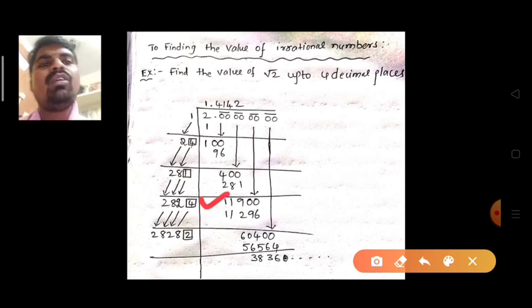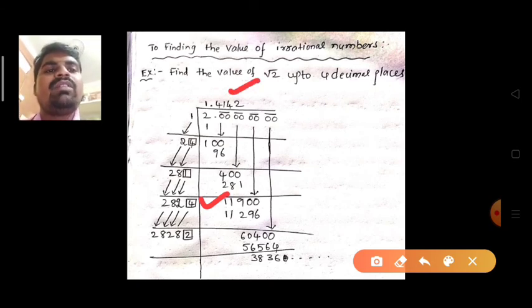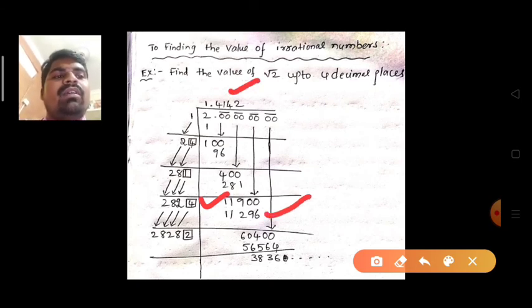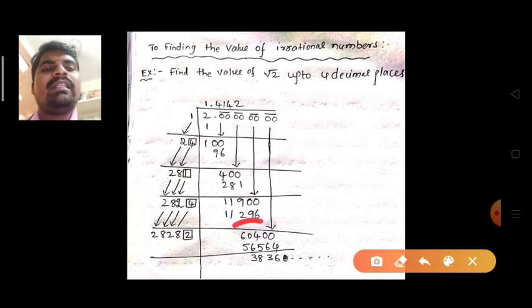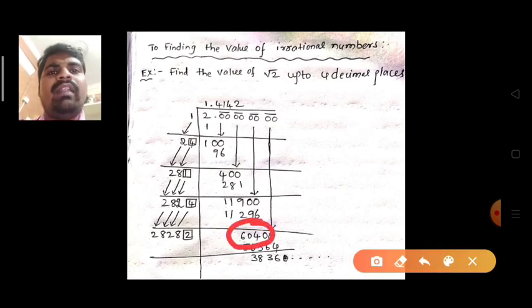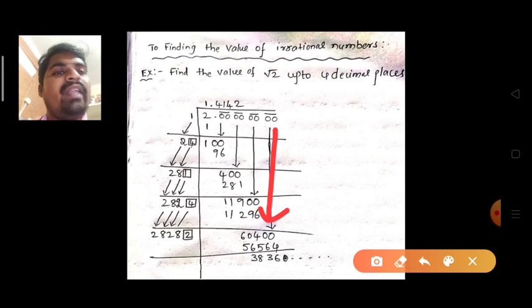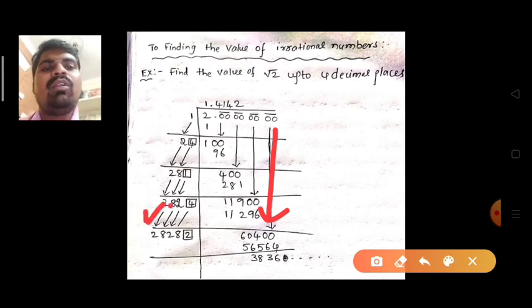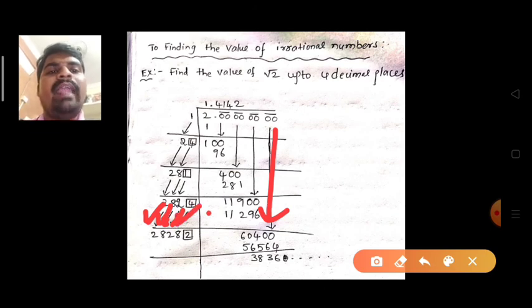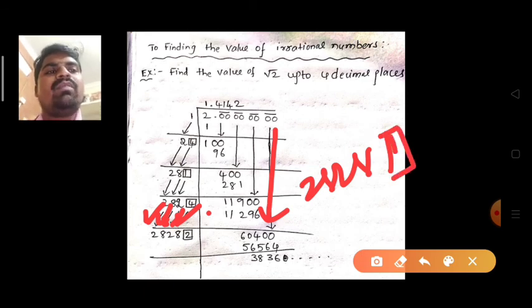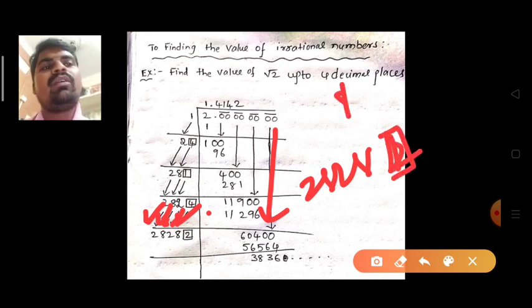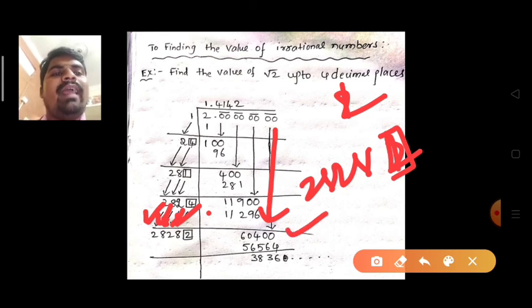2824 fours, that is 11,296. So very simple. Next calculation, what here? 604 minus, we have to subtract, you know very well, same division you can apply. But very, very important, next you have to take 2 zeros at a time. So next don't make it double, 2 8 2, but the number in the box you make into double, 4 becomes 8, 2 8 2 8, so empty box. So apply the same process, 1 means quotient 1, 2 means write in the quotient 2, like that you have to apply. So like this you have to follow this method.